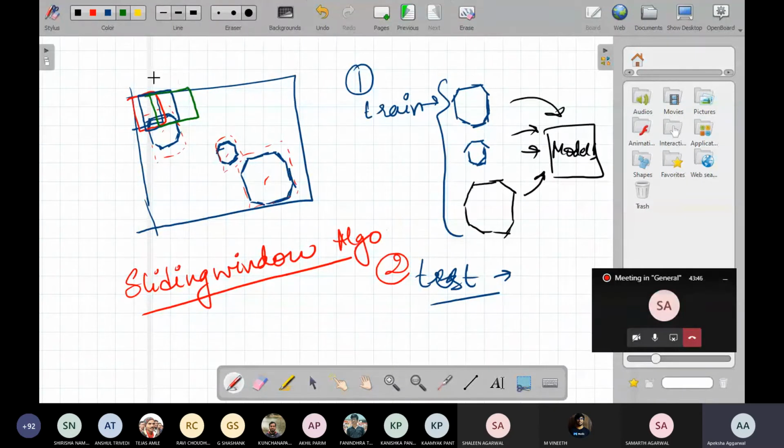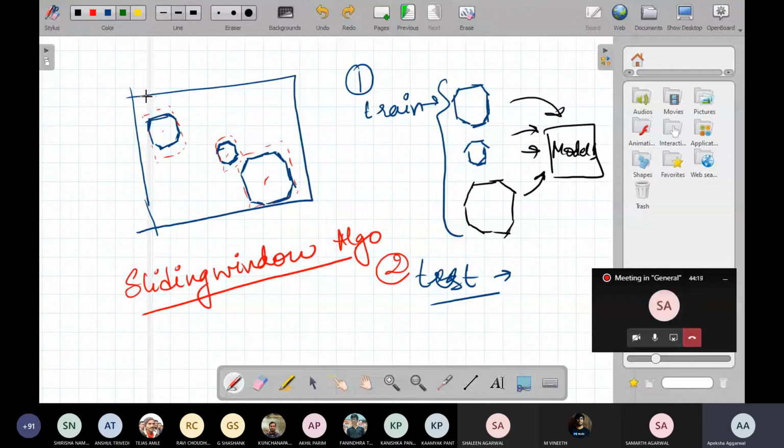So for all the positions, what is the guarantee that if my filter size was this, it will classify the whole object? It may not, because it has been trained on this subset part, it has not been trained on the whole image plus subset part, right? Similarly, suppose my filter size was this much and it is over here, it will not classify the object. So what is done is, this process is repeated for all the filter sizes.